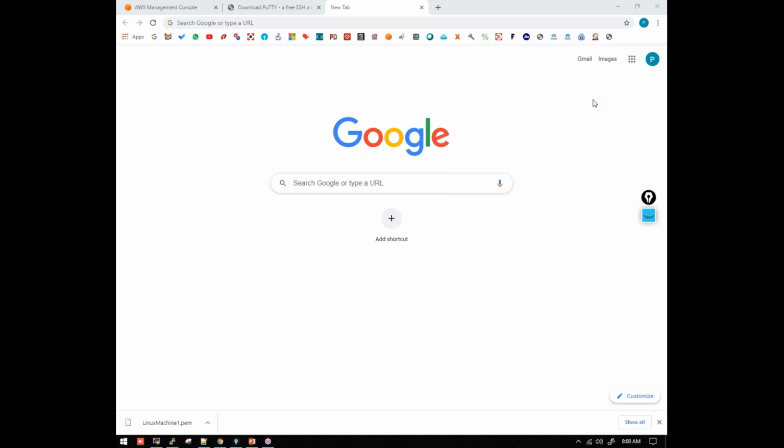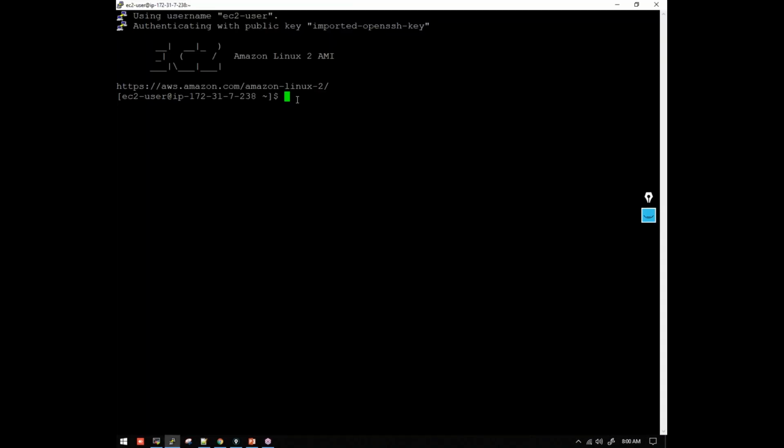A mail server is not a web server, sir. Not an application server. So what is this instance? We have launched this instance, right? This is a plain instance. It doesn't have anything, we haven't installed any package inside this server. So that's the reason I didn't open any other port.